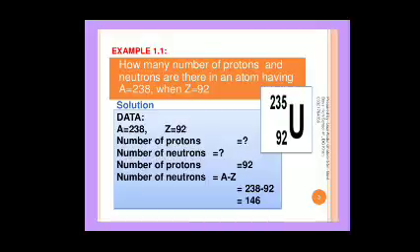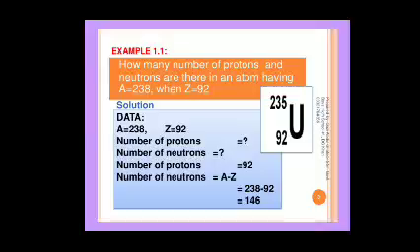So the number of neutrons N is equal to A minus Z. N means the number of neutrons, A value 238, Z value 92. So N is equal to 238 minus 92, that is equal to